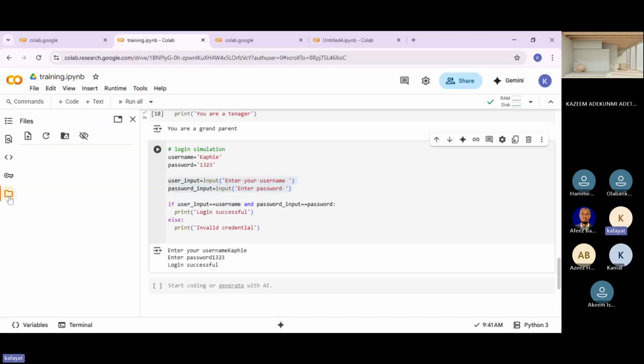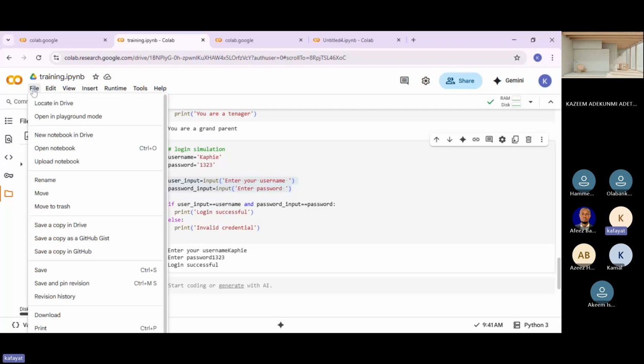So when you come to your drive, you can also import it. You can download it. You can see open notebook, upload notebook, save a copy in a drive.